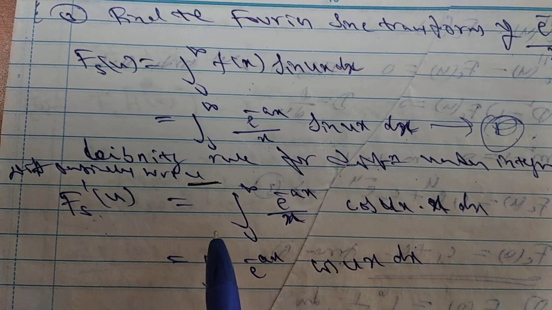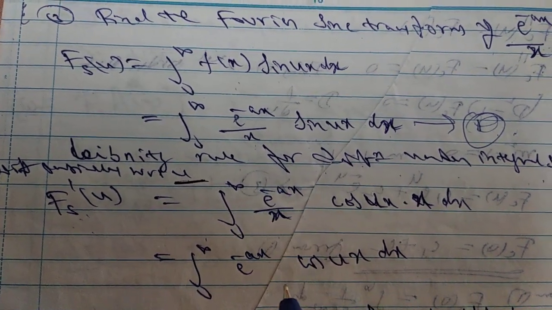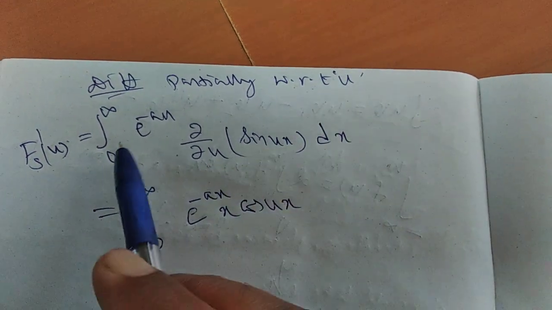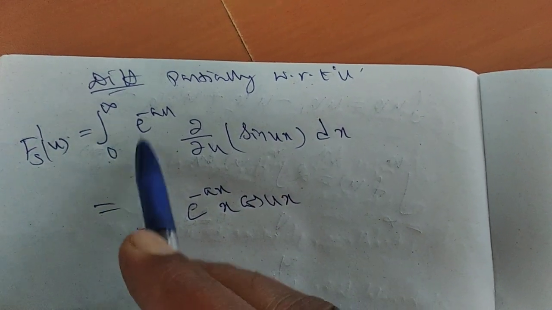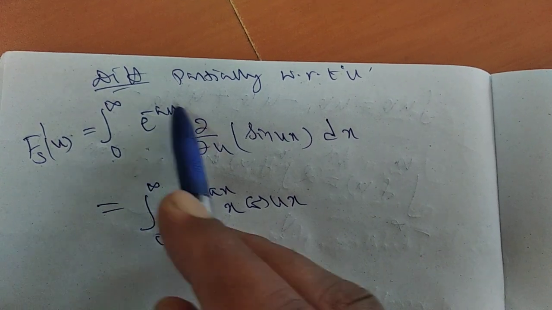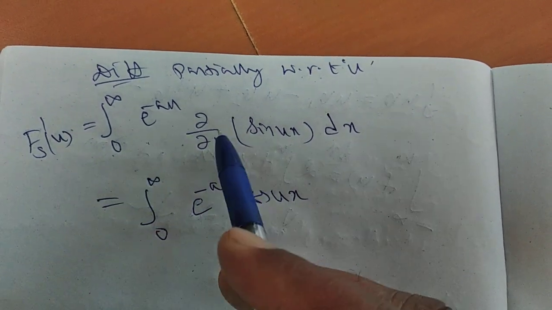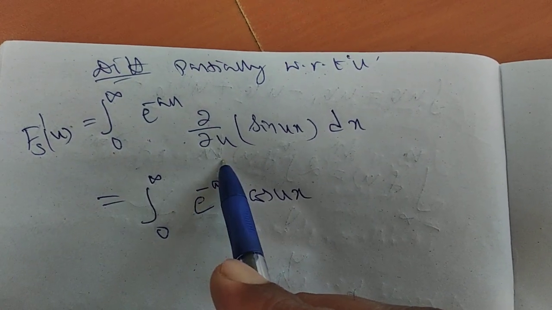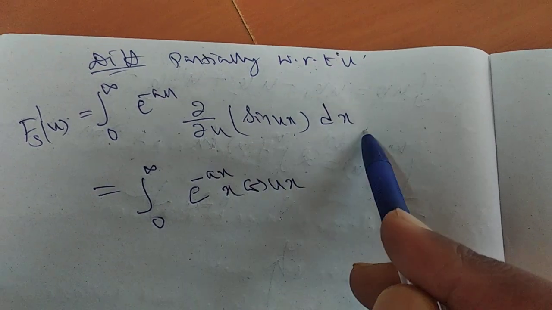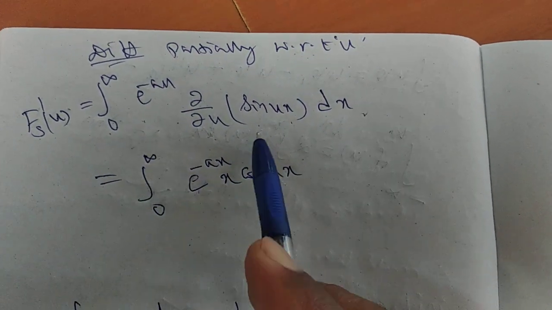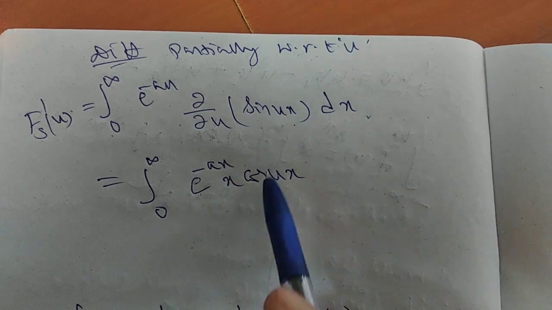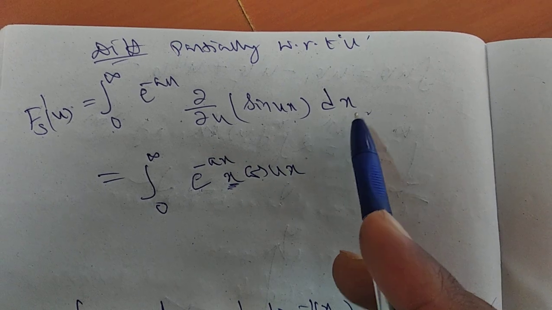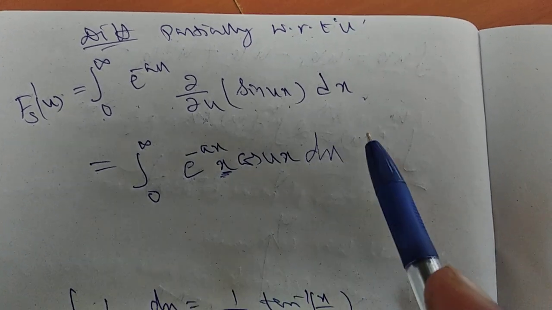So inside of that integral you have to differentiate. How to differentiate? Inside of that integral, differentiate partially with respect to u. So integral of 0 to infinity is there, e power of minus ax. There is no u term, so you write it as it is. So inside of that integral you differentiate partially with respect to u. So sin ux is there, you write into dx. So now e power of minus ax, what is the differentiation of sin ux? cos ux into u becomes 1. So then remaining is x into dx.